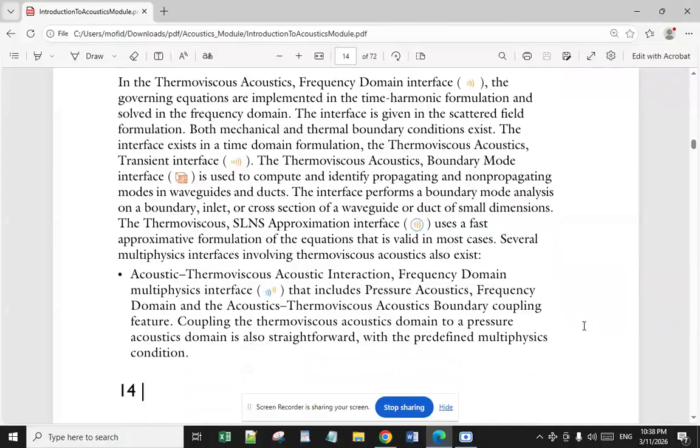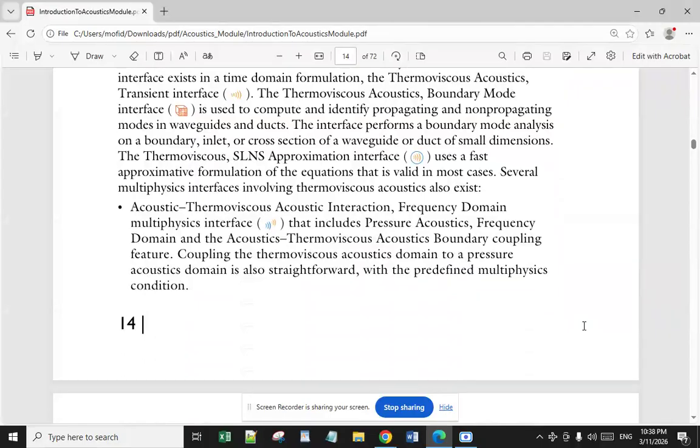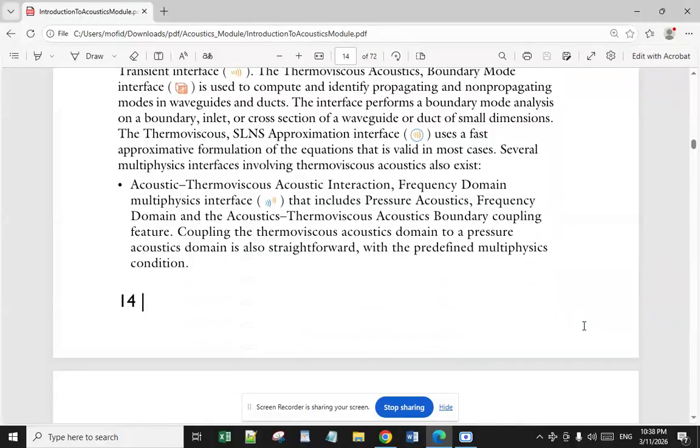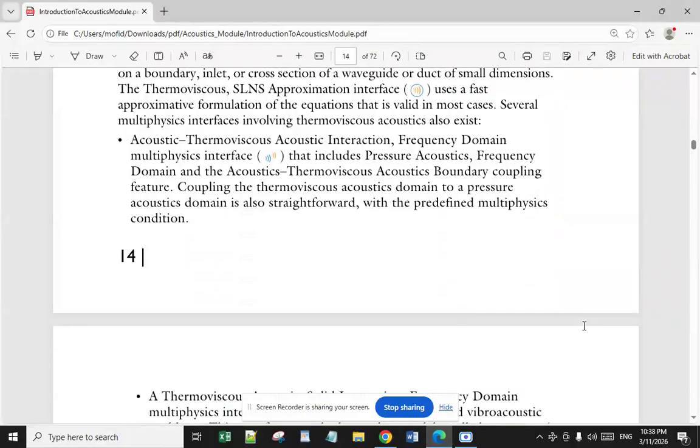Several multiphysics interfaces involving thermoviscous acoustics also exist. The first one is the Acoustic-Thermoviscous Acoustic Interaction, Frequency Domain multiphysics interface, which includes pressure acoustics, frequency domain, and an acoustic-thermoviscous acoustic boundary feature. Coupling the thermoviscous acoustics domain to a pressure acoustics domain is also straightforward with the predefined